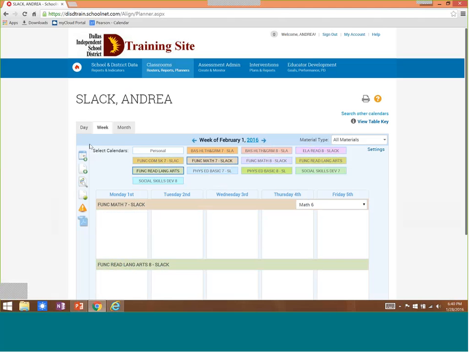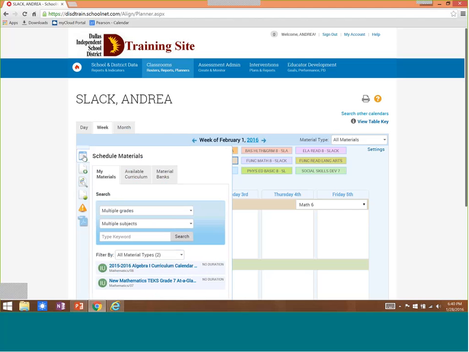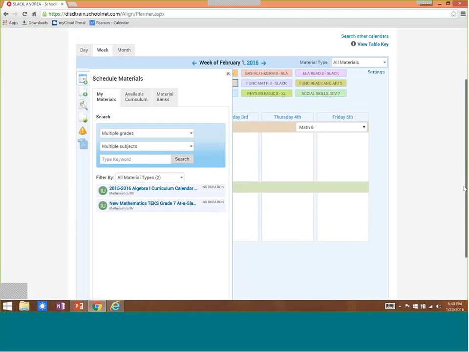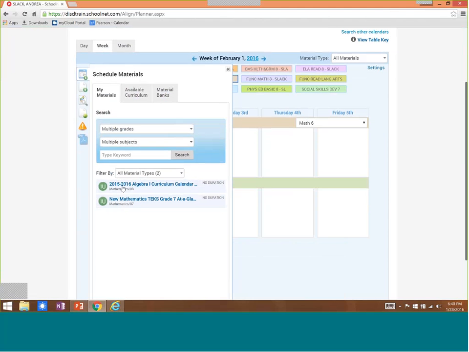And my options are, as I said, by day, by week, or by month. So right here, I have the ability to schedule materials. When I click on this, it's going to give me 3 options. It's going to say, do you want to pull it from the materials you have saved? So it's going to list all the materials that I have saved, and these are those 2 curriculum maps that